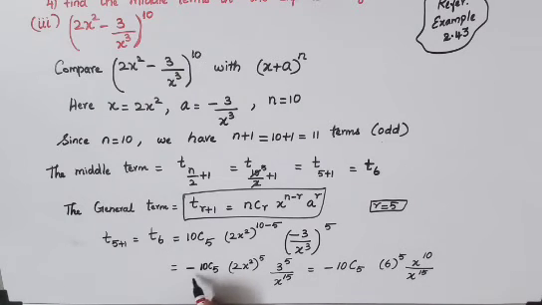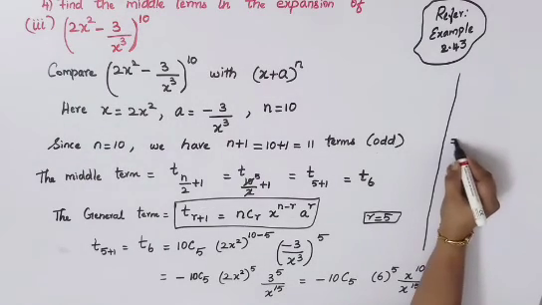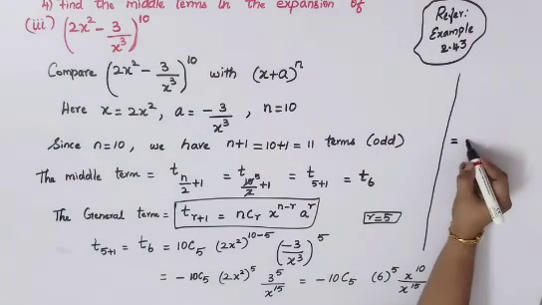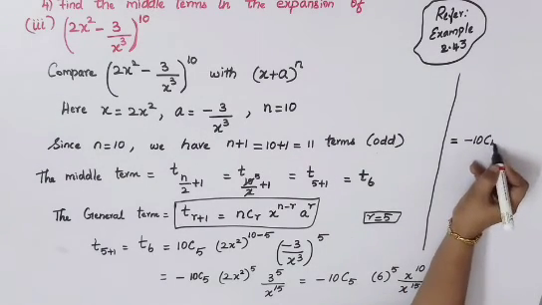I'll repeat it again. This minus is there as it is, 10C5 is there as it is. Here you can see 2 power 5, and here also 3 power 5. Since the powers are the same, I'm just multiplying the numbers inside. So 2 3s are 6, the common power is 5. The left out term is x square, with the power 5, so x power 2 5s are 10, so x power 10 divided by x power 15. It is equal to minus 10C5,